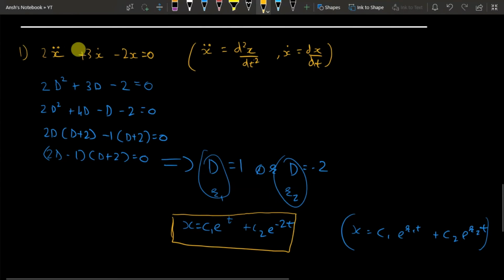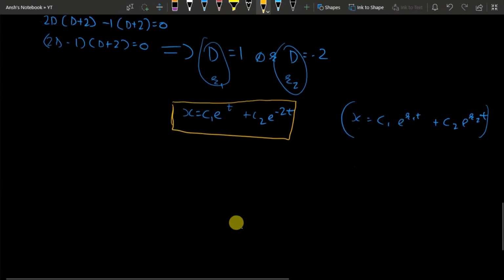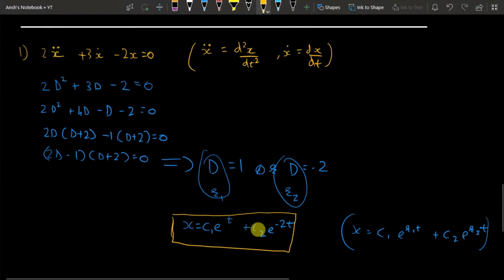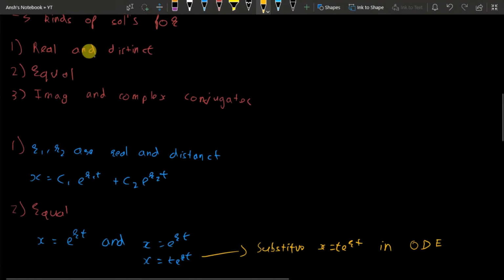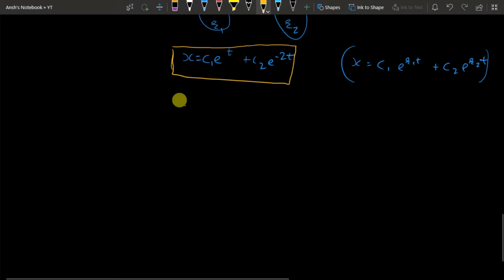And as you can see, if we substitute x as this value that we obtained right here in this differential equation, then both the left hand side and the right hand side will be equal to 0. So this is a general form of the first example of the solution. Here again, as we said, C1 and C2 are constants that depend on the initial conditions that are often given with the differential equation. We'll also see that in a later example. But for now, we've solved this kind of example for the first of the three cases where the roots are real and distinct. So now let's do the second.